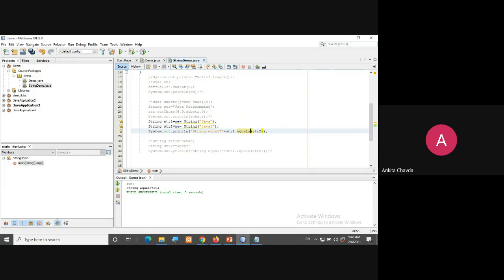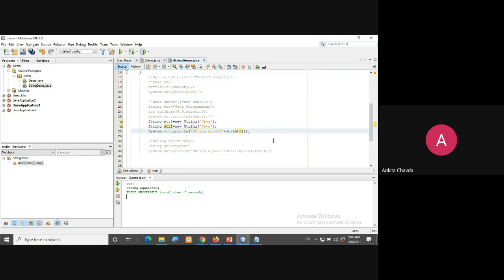Here I have created an object, string1. Here I have created an object, string2. And via the objects you have given Java and Java. I'll make it correct so that both have a capital J and I'm giving the string Java. Now I'm not checking via the dot equals method.